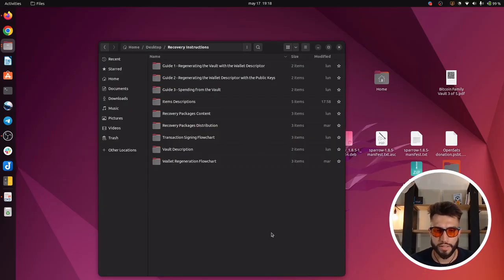Now that we have a better understanding of how the recovery packages will be structured, it's time to review, download, and print all the recovery instructions and additional information we will include in the recovery packages. Let's get started. Let's get into the details of each folder in this recovery instructions folder that we just unzipped